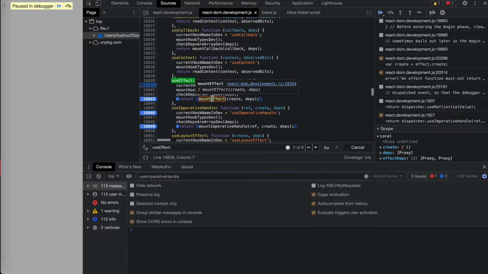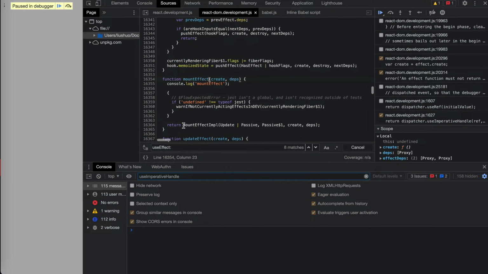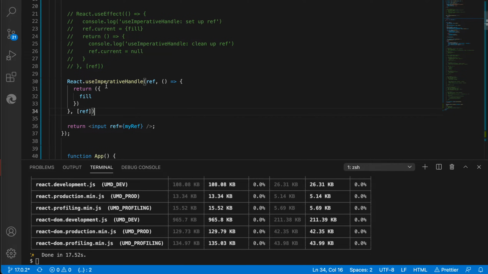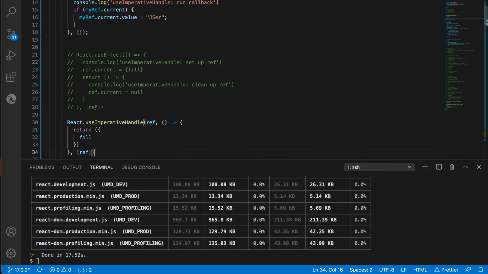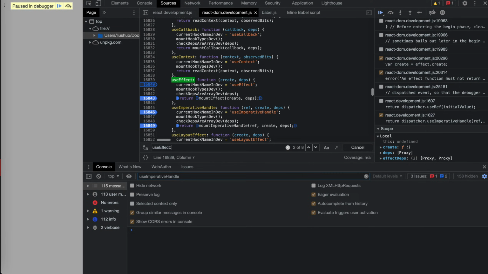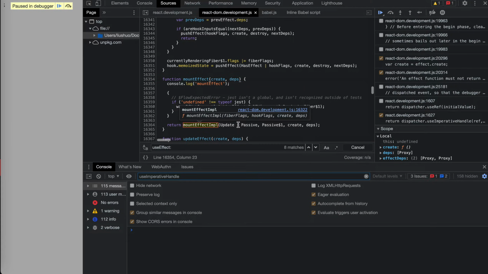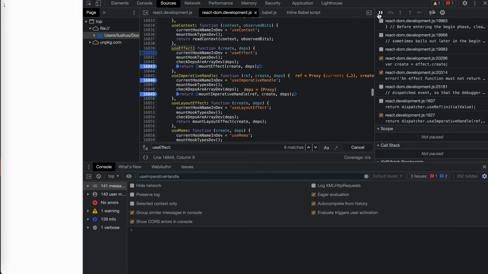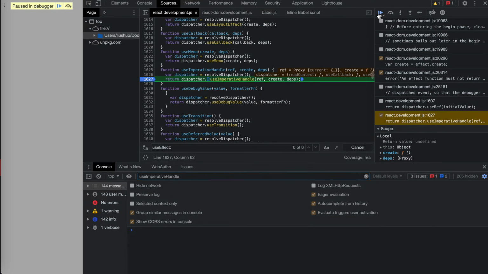Yeah, mountEffect. If you go to mountEffect, you can see it's still mountEffectImpl. It's the same function. So this means that useImperativeHandle and useEffect are basically the same, except that mountEffect will call this with update and passive, while what we're doing here is actually,